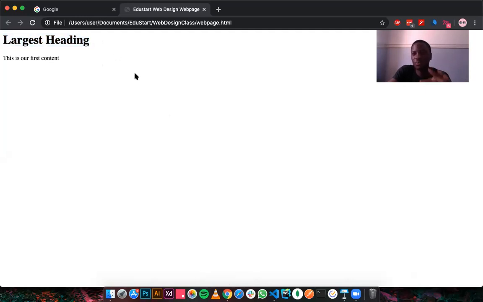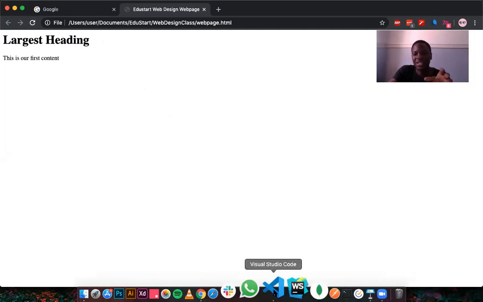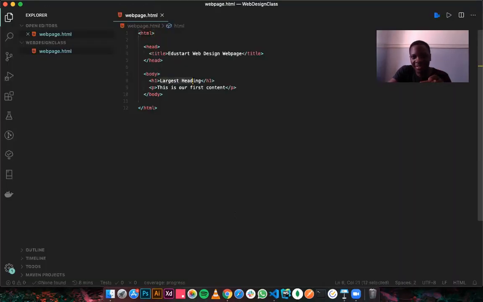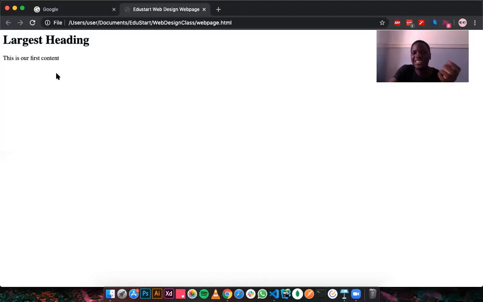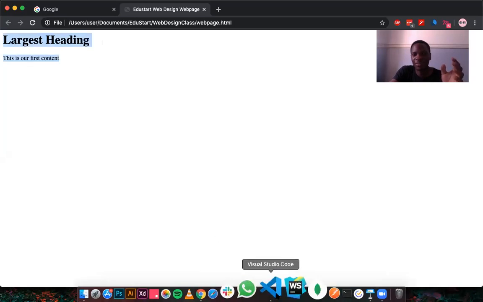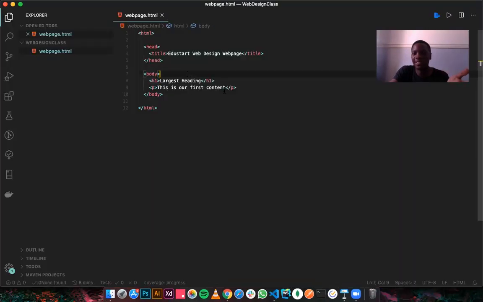The only thing we told the browser was that this particular text should be formatted as what? An H1 tag or an H1 element. So the browser, at its own discretion, decides to format it this way. Notice that there is no color whatsoever. There are no extra formattings. Basically, whatever formatting you are seeing here does not come from the HTML code.